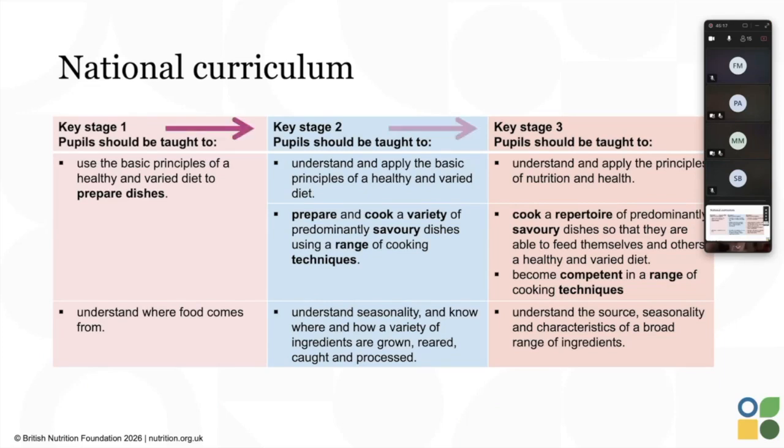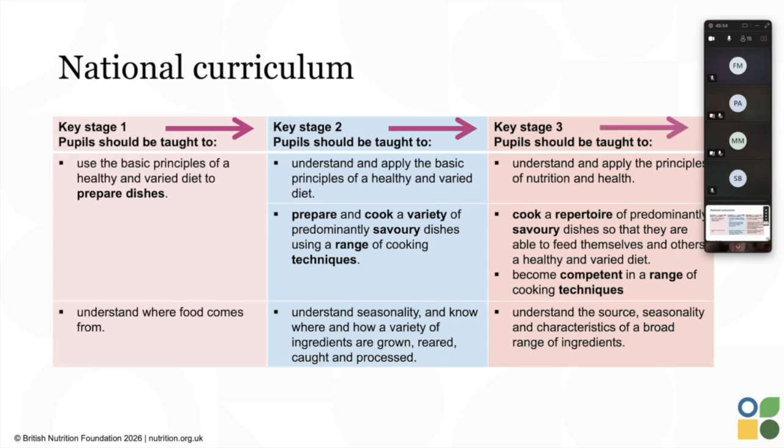So my arrows here are simply pointing out that there's already some progression built in for you. Let's take a look at Key Stage 1, where we've got use the basic principles of healthy eating. That's 1, and then varied diets to prepare dishes. So that's 2 concepts there that we use. And when we shift over to Key Stage 2, you can see that they've been expanded rather more. Then at Key Stage 3, they're expanded into 3 bullet points. So all the time we're building on that progression of knowledge and understanding as we